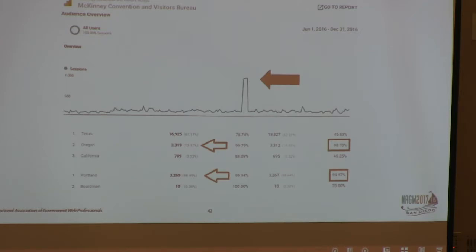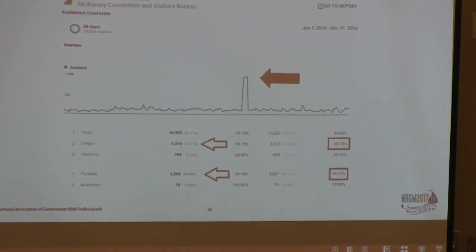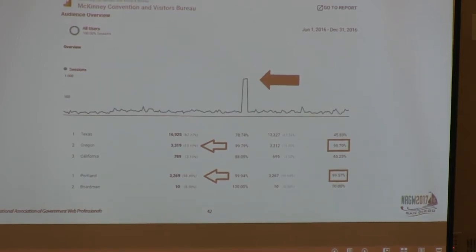geographic information. And if you'll notice, we had more than 3,000 hits from Oregon. And that's very, very unusual. And then you go down to Portland, and they all pretty much came from Portland. There's no reason that that many hits should come from Portland. So we realized that it was probably some sort of a DDoS attack that was buffered by Civic Plus. They've got some pretty good capacity. So it at least helped explain it. And so that's what I mean by dig a little deeper.